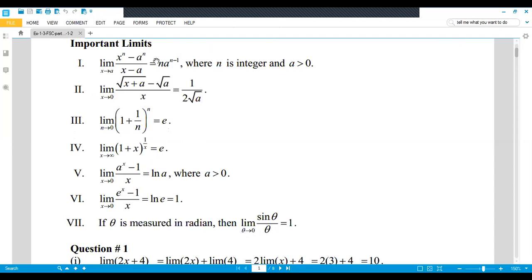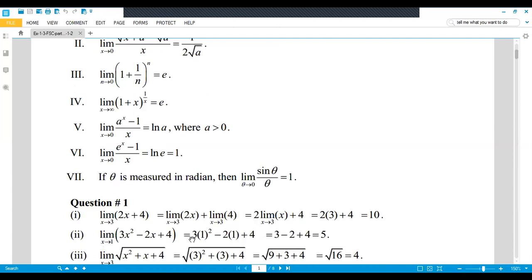So I told you where these theorems are given. You check them from there and also practice these proofs. If any problem, you can ask in the online question answer session. If you have any trigonometric function like sine theta, maybe sine x, maybe sine 2x, and the same theta is in the denominator and theta approaches 0, then it should be equal to 1. Now come to the exercise.